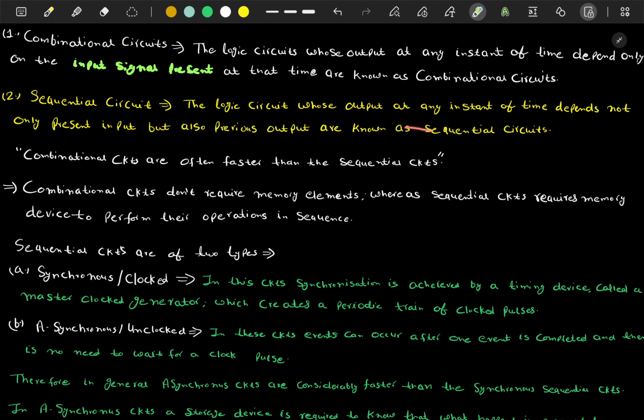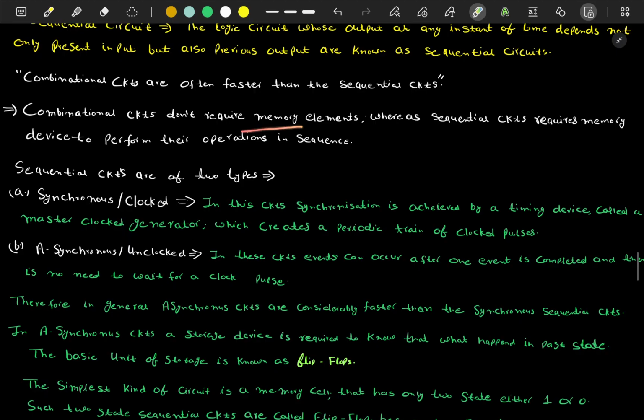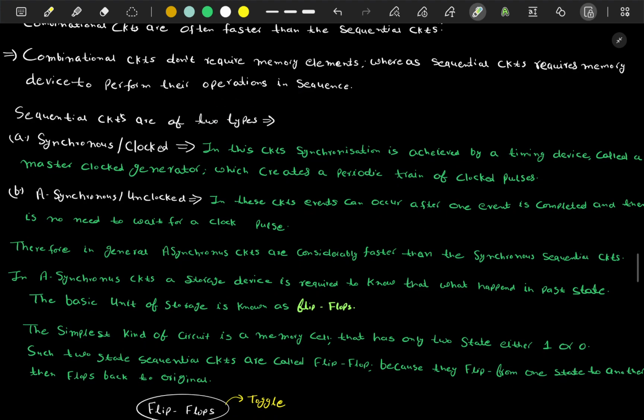And if the output at any instant of time depends not only on the present input but also on the previous output, then this type of circuit is known as a sequential circuit. So basically we are working with sequential circuits now. Combinational circuits are often faster than sequential circuits. Why is it so? Because they don't have to wait for the previous input to give output. Combinational circuits don't require memory elements, whereas sequential circuits require a memory device to perform their operations in sequence. Of course, they have to wait for the previous output, so there is a need for a memory element to store